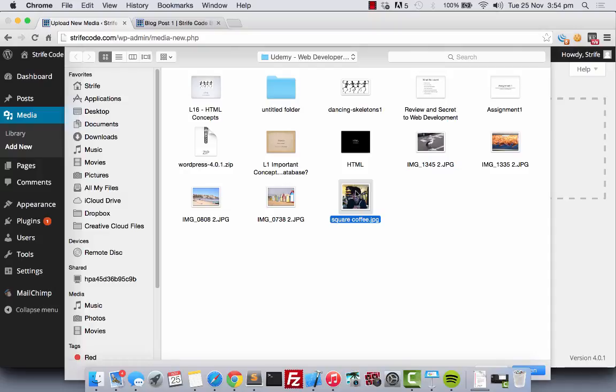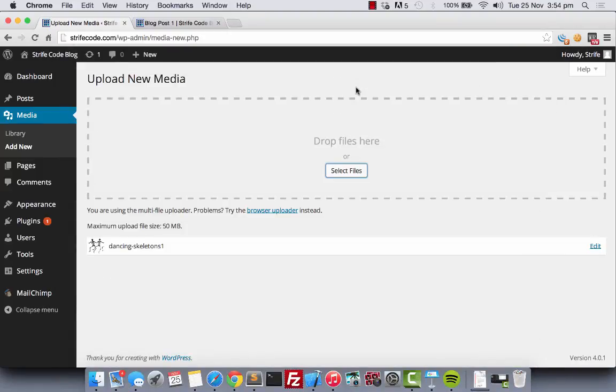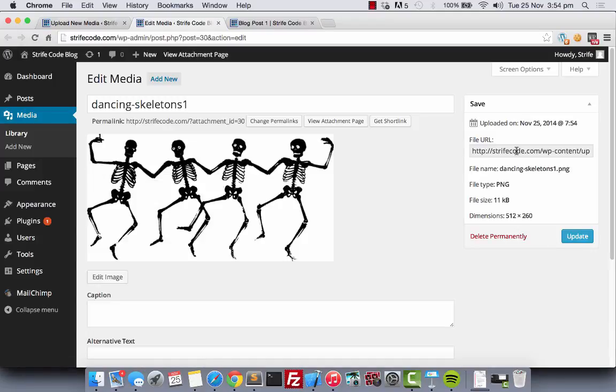Let's say my profile picture. Okay, now let's say the skeleton. As you can see, we have successfully uploaded the picture. Now click on Edit, and you can get the location of the picture right here. So just copy it